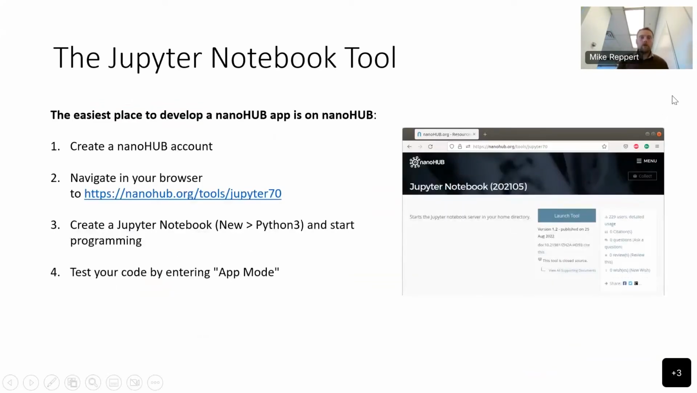So the first place to start is, as I think Amy mentioned to begin with, creating a nanoHUB account. I think she already provided the links to do that, so I won't go into that in detail. But you can go in and create a nanoHUB account. It's free, although you do have to register so that they can track how resources are being used. And then go in your browser to this particular tool,